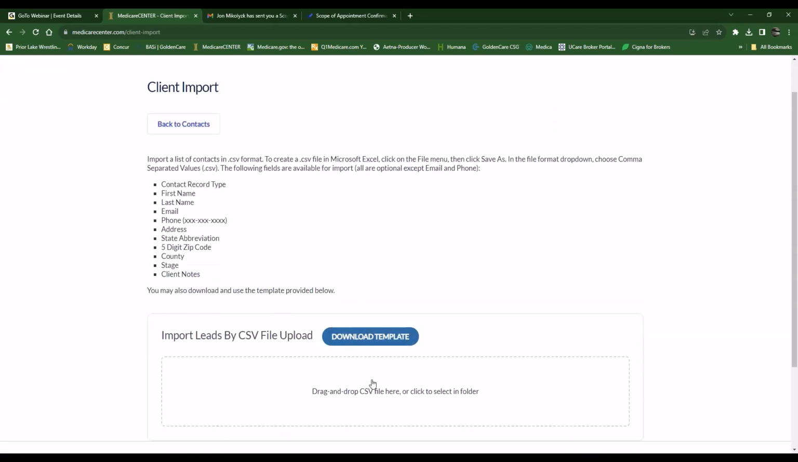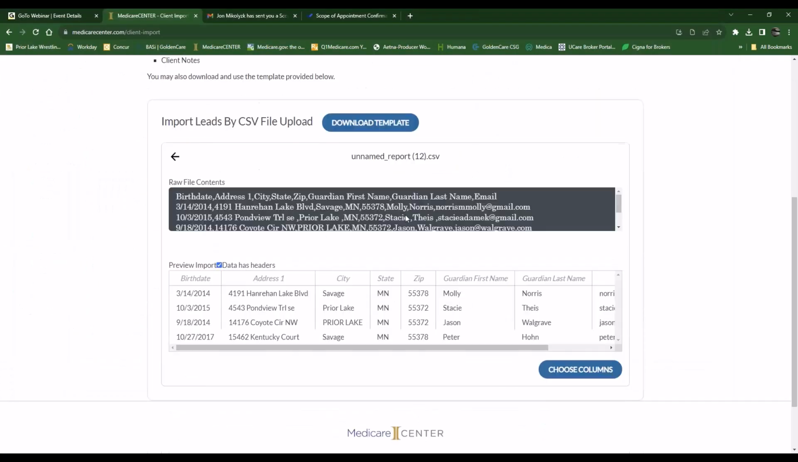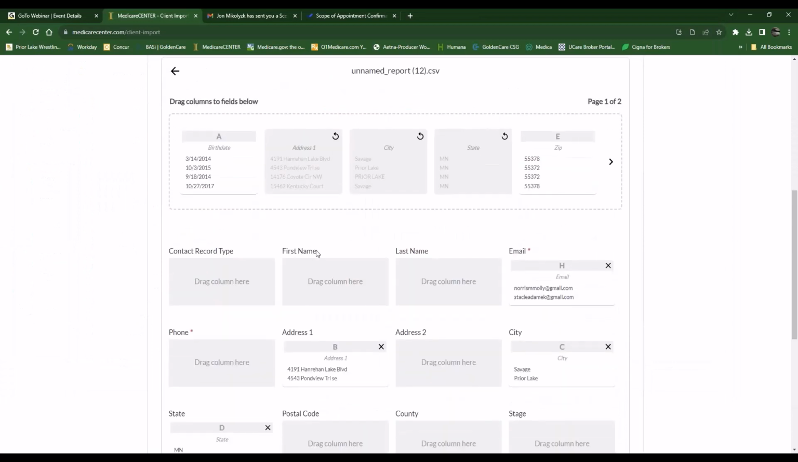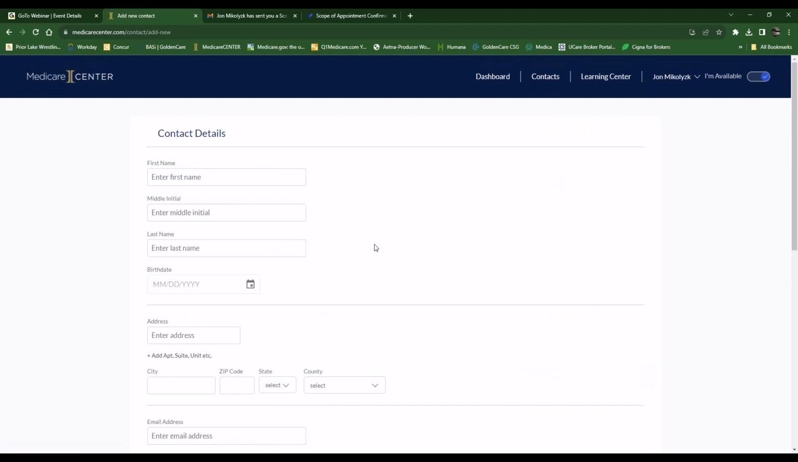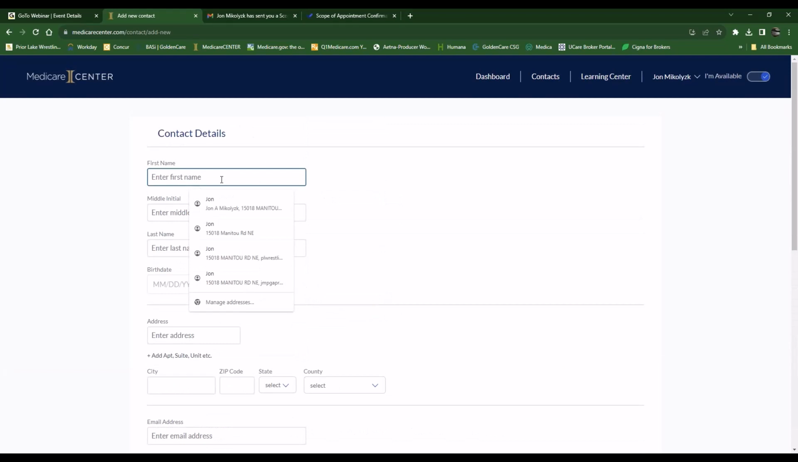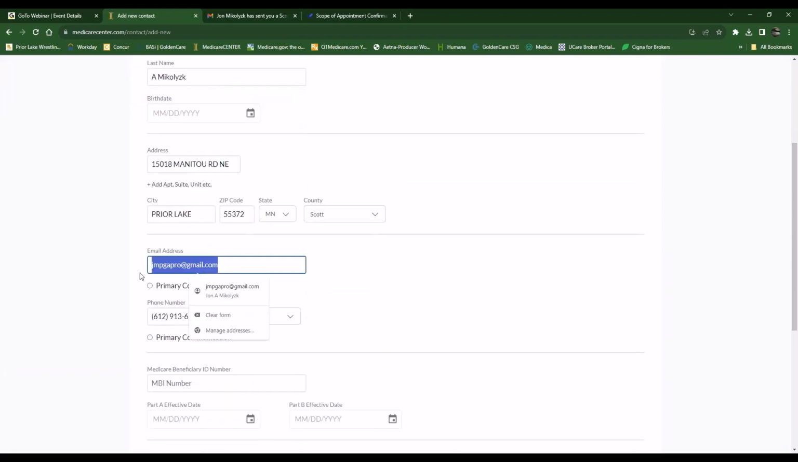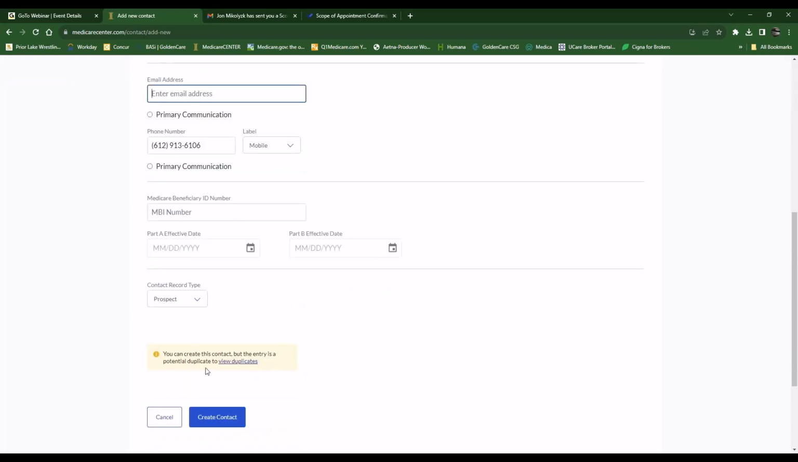Let's see, Paula, what if you don't have my client's email? Yeah, they'll still upload. Again, when you go into the import, if I do this one, you're going to need an email for the electronic scope of appointment somehow. There's not a way around that, because even if you go here to add new, you can still put in